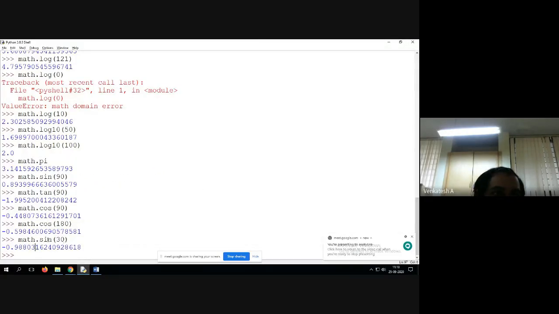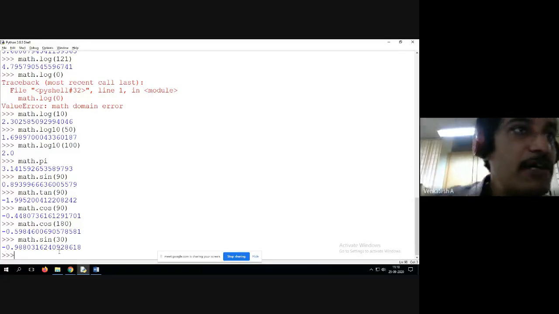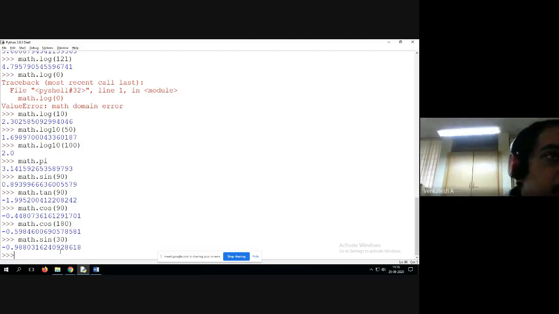Okay, students, it is not showing the correct value. Sin 30 is 1 by 2, so 0.5, but it's showing minus 0.9. So this is a system generated value. I don't know why it is generating this.